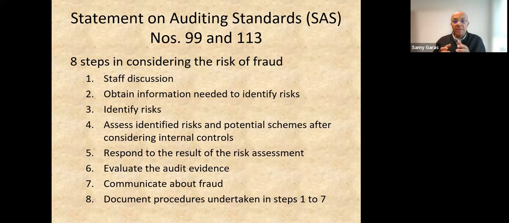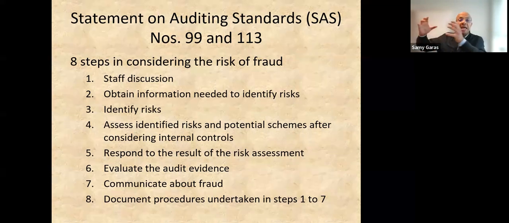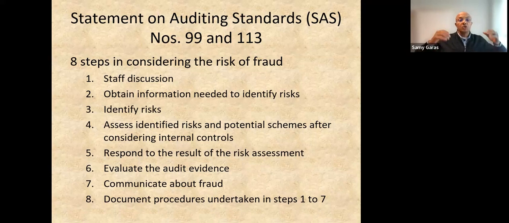And then we make a response to the assessment of the risk. It means the auditor with the audit team will say, yes, there is a high risk and there is a good control, but there might be a collusion here. So we have to see the response written and then evaluate the evidence we collect. Is this a reliable evidence or not reliable? Is this a sufficient evidence or not sufficient? So we have to evaluate the audit evidence, and then we communicate the fraud.